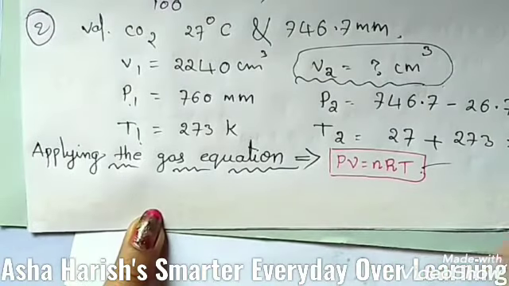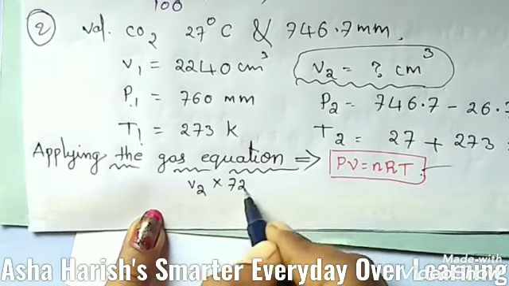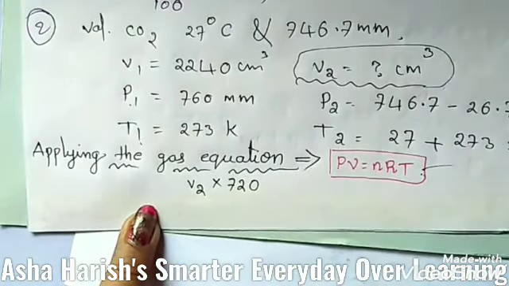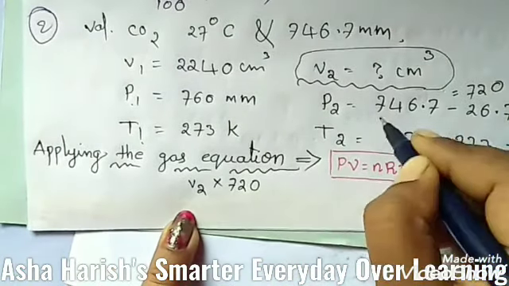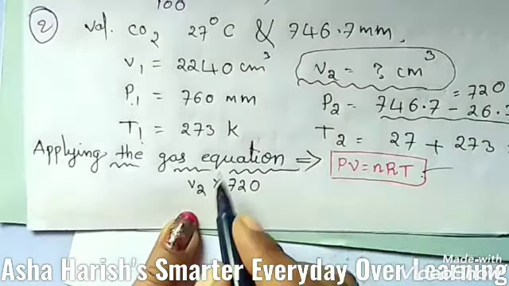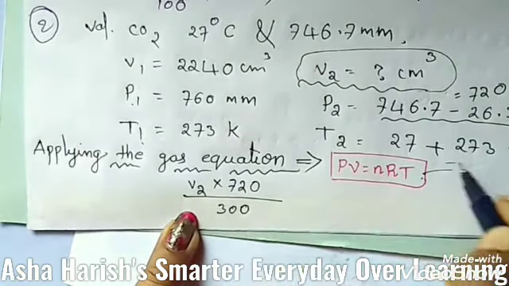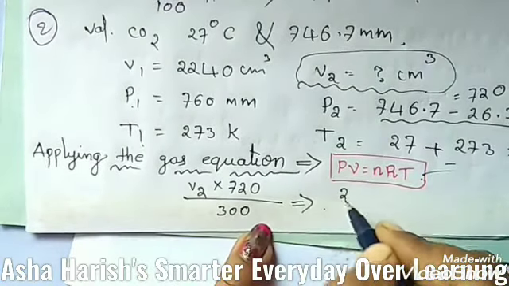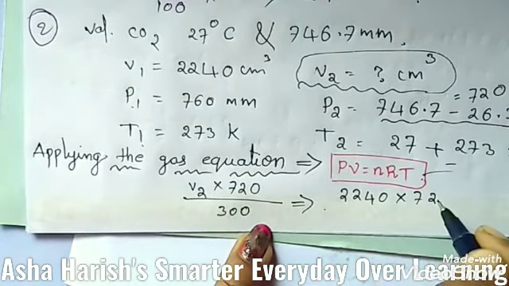So basing upon this formula, V2 into 720, that is P2, by 300, that is T2. Now from this, V2 is 2240 into 760